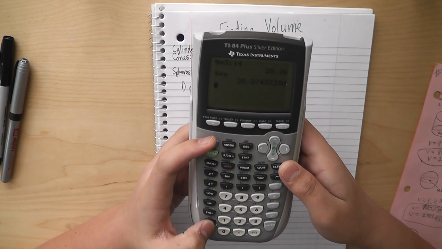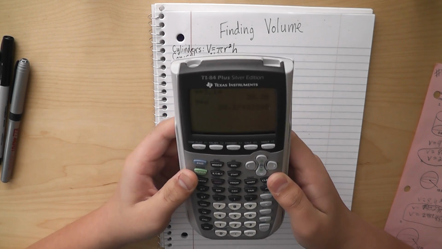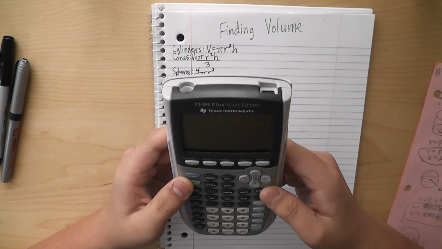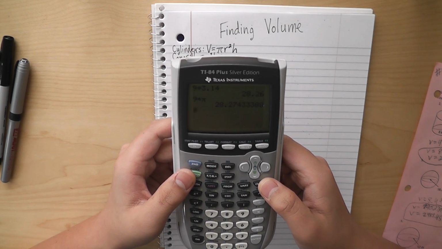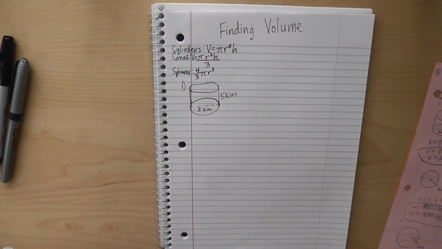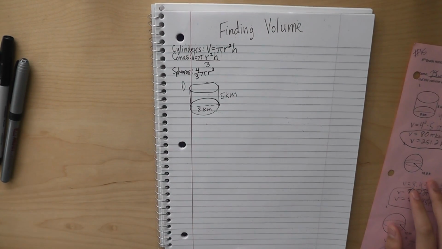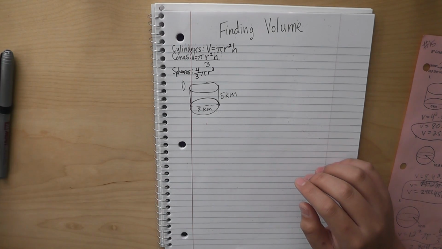Round to the nearest hundredth is what most teachers will tell you to do. So that's what I'm going to be doing in this video. I'm going to round to the nearest hundredth. If you need to round to the nearest thousandth, then just do what your teacher tells you to. Alright, so we're finding,